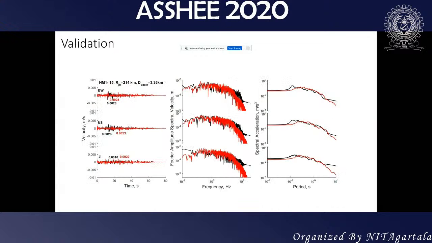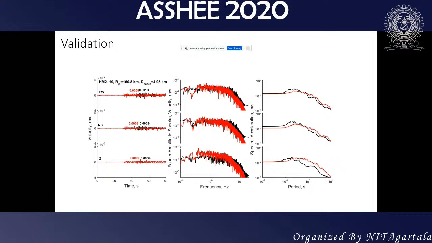We have simulated this broadband, low frequencies from SpecFEM, and the high frequencies from the scattering Green's functions, and we combine them using matching in the frequency domain. These are the time history simulated and the recorded ones, and these are the Fourier amplitude spectra I'm showing here, and these are the response spectra. This type of work we have calibrated with several past complete data, and we have got very interesting results, and we have tried to estimate this amplification in the Ganga basin.